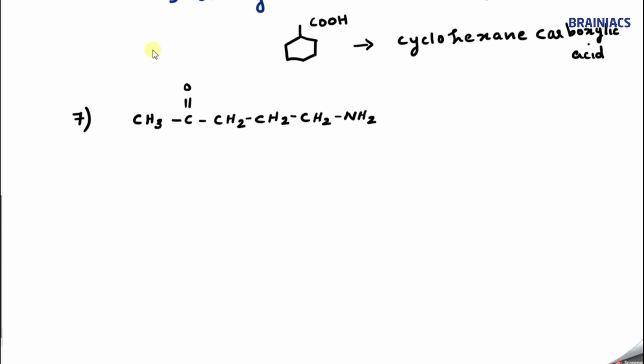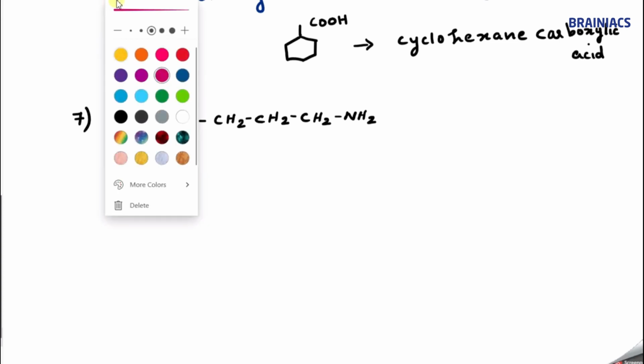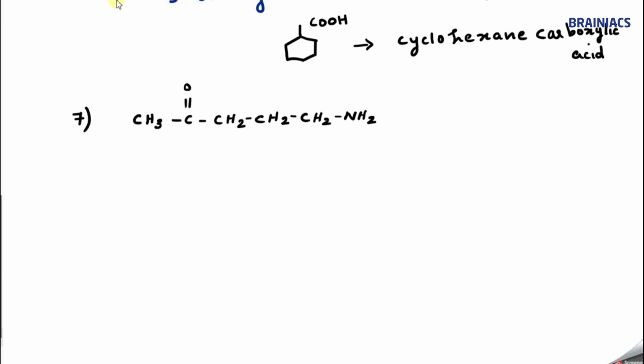So how to do this? Again, we start by seeing who is the functional group. We need to see everything, then we will start naming it. If you see here, NH2 group is there. NH2 means what group is that? NH2 is amine, correct? Then carbonyl group is there, that means keto group. So tell me who will have the higher priority if you consider carbonyl group and amine. We know that carbonyl group has the higher priority. So carbonyl group is the functional group. So I can say this is the FG. So amine will behave like a substituent.